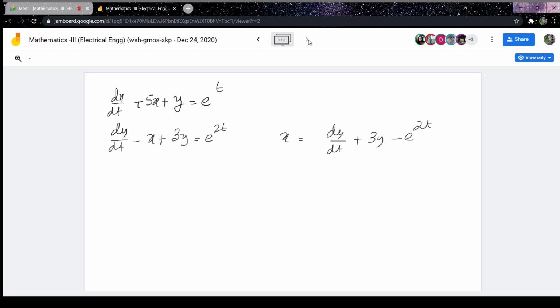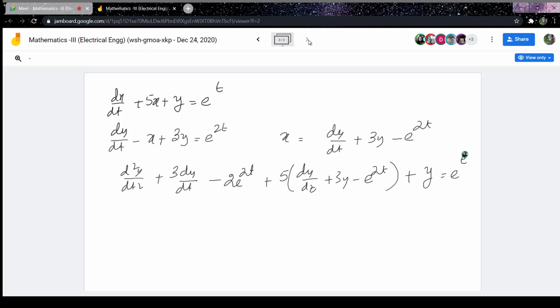So I will directly write, operating d/dt on this, this will be d2y/dt square plus 3 dy/dt minus 2 e to the power 2t plus 5 dy/dt plus 3y minus e to the power 2t plus y is equal to e to the power t,